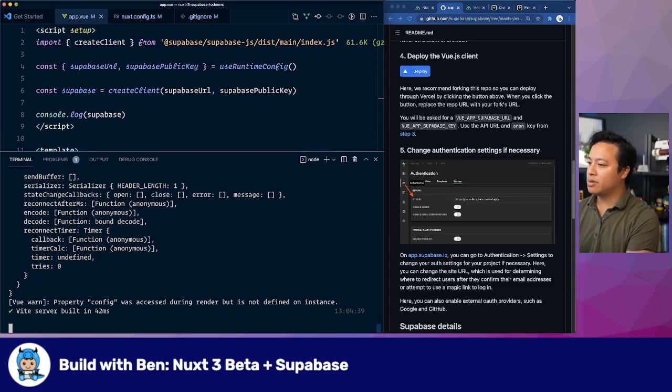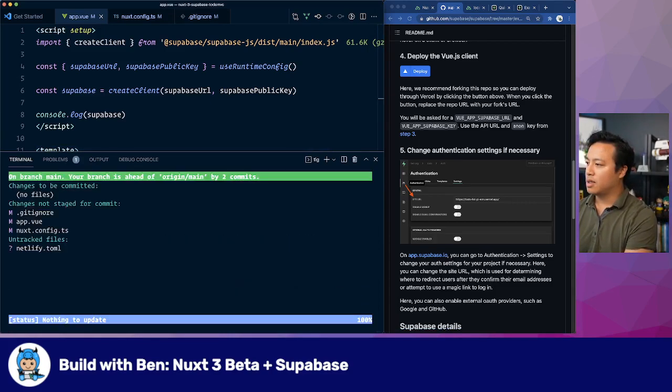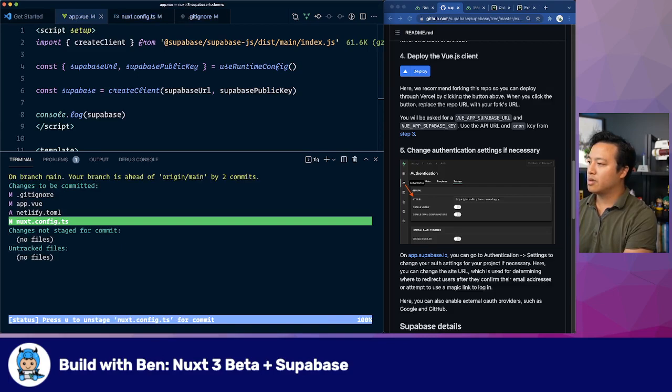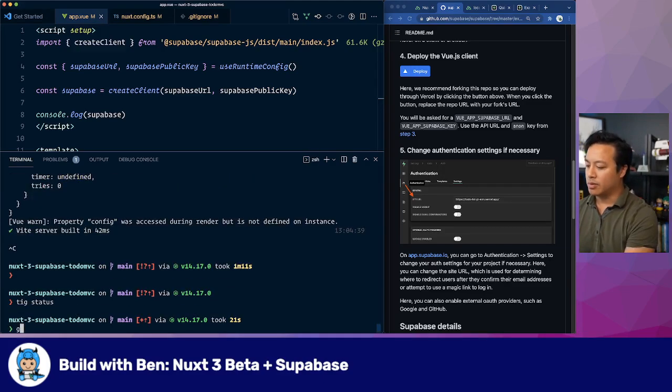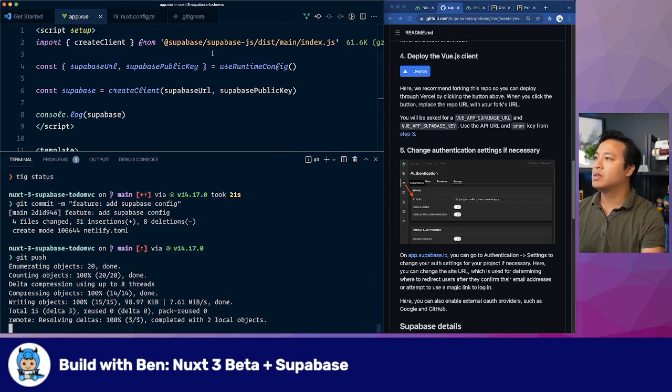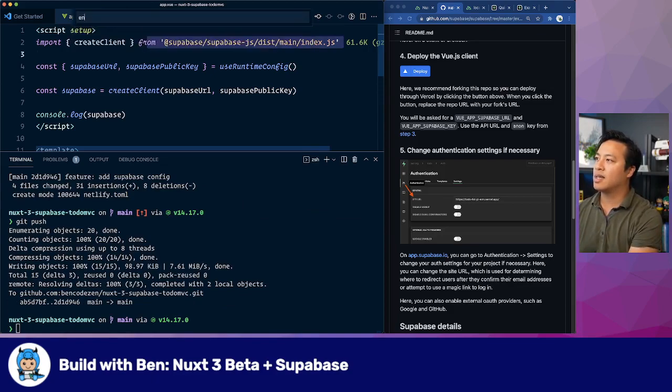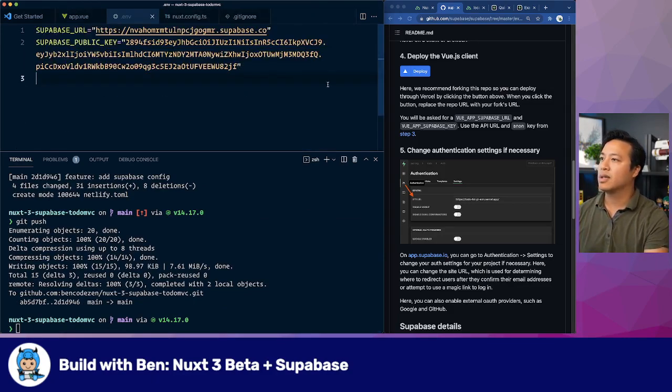Okay. What we're going to do is... Deploying is tricky right now because one of the things Nuxt 3 is doing is there's an output folder, and there's some abstraction happening at that layer. I wonder, okay, it's fine. We're going to push all this first, git commit a Supabase config. And what we're going to do, I'm going to guess at this point that this will work, is that